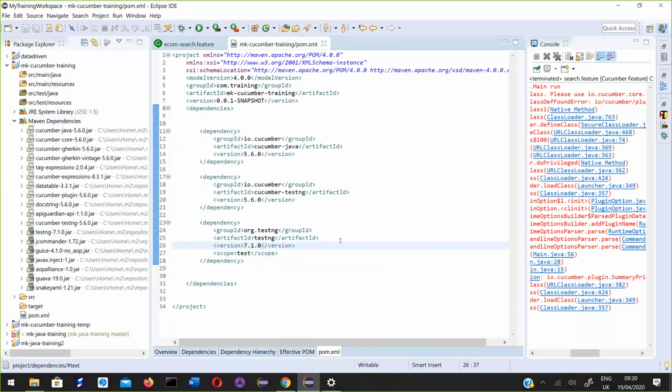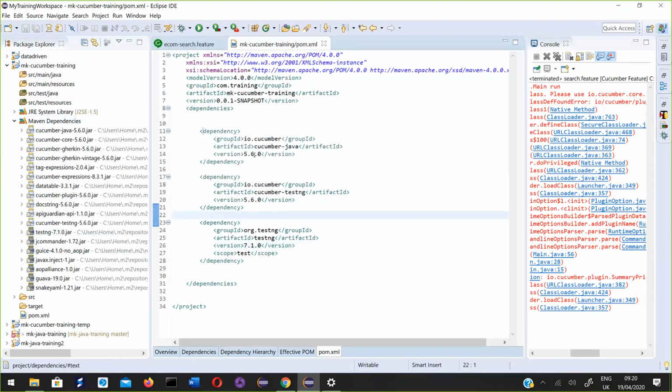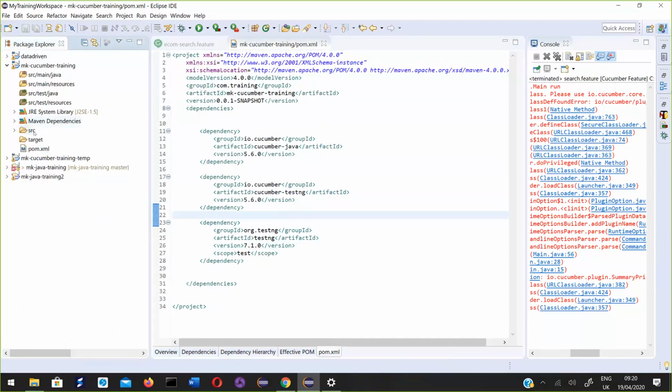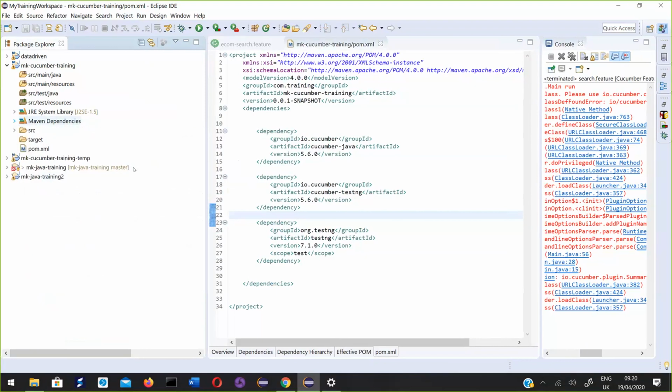Maven goes and downloads these jars and all the other jars which these jars are dependent on. All jars are pulled and added to this Maven dependencies folder, which means you can go ahead and use all the classes present in these jar files. So now we are ready with our first setup. I mean, our project is ready. Okay. After that,